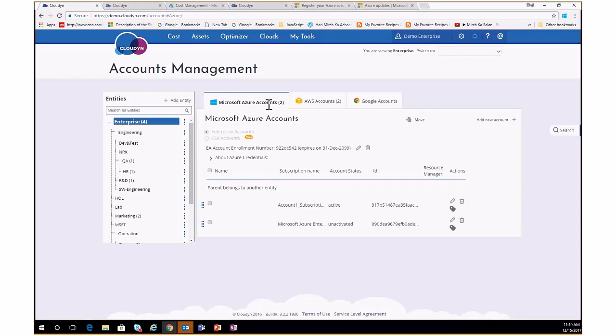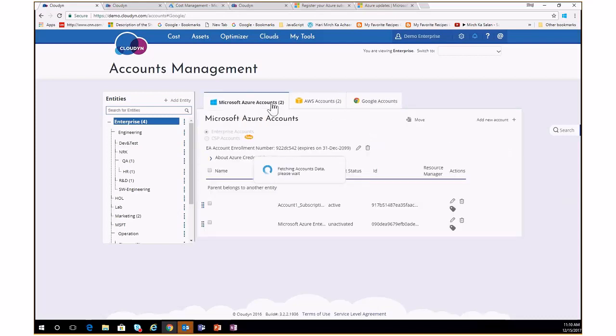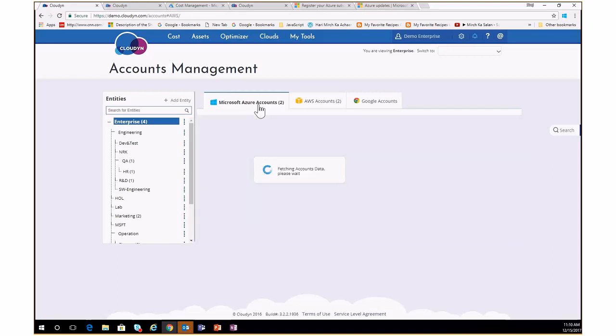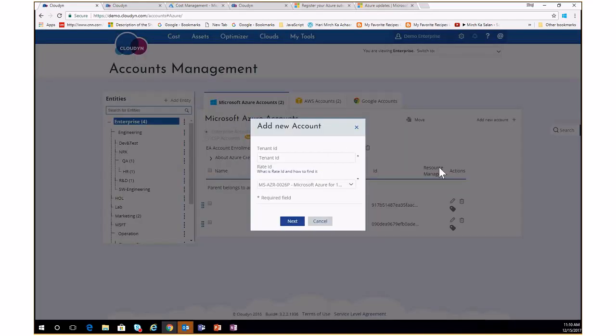Once your entities are created, you can start to add your subscriptions. You can add Azure, AWS, or Google accounts here. In this case, as you can see, I have 2 Azure accounts, so 2 subscriptions added, and then two AWS accounts. If you want to add more subscriptions, you can click on Add, and then you have to specify the tenant ID and the app ID, and